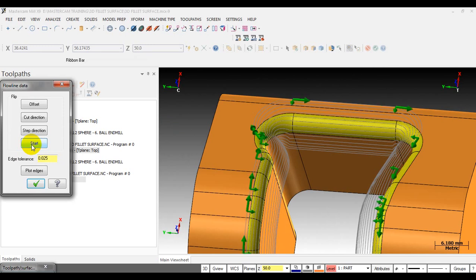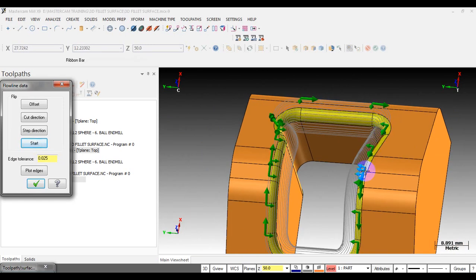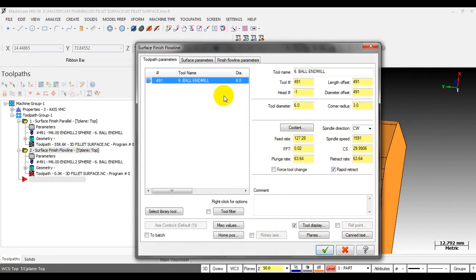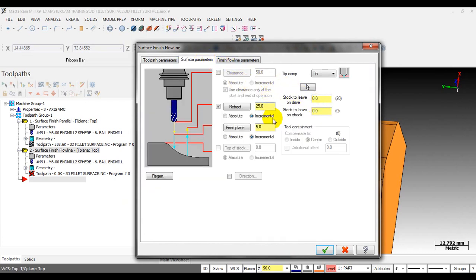It means changing the direction in the toolpath. Okay, when you have the right direction, you click OK, and done. Okay, select the 6mm ball mill and go to here,